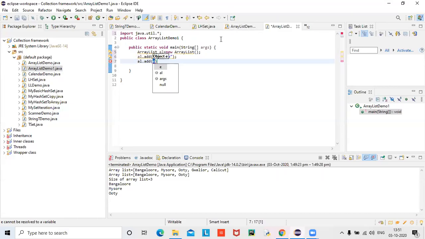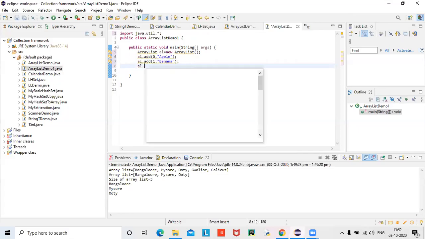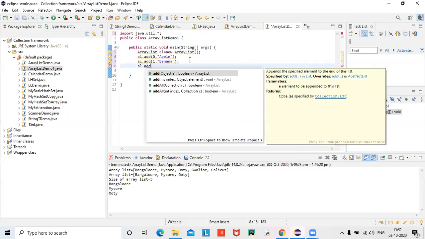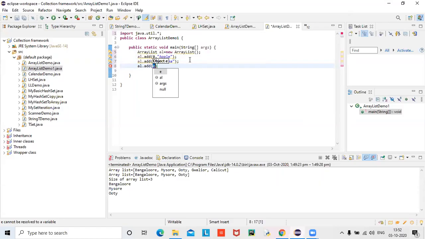Started with 0 in the previous one. 1 comma banana. Al dot add grades. Done. So some elements are added.